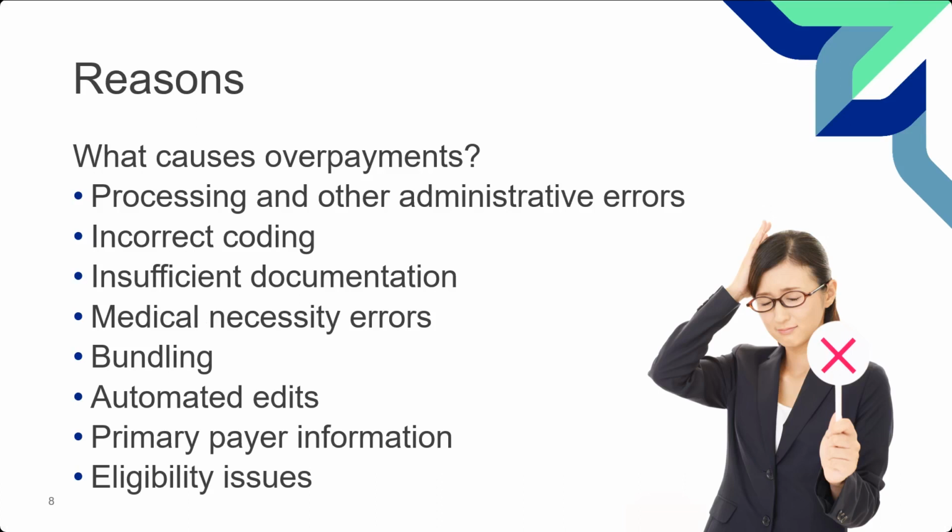medical review. Insufficient documentation means you can't support the claim. You can't support what was billed to Medicare in the documentation, or you simply just didn't send us the right information. Medical necessity errors. These are ones that do not support the Medicare definition of medical necessity as defined maybe in a policy, like a local coverage determination or a national coverage determination, as defined within the federal regulations somewhere. So there's a variety of things that happen with medical necessity errors.